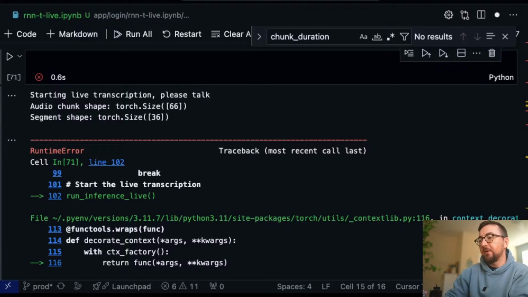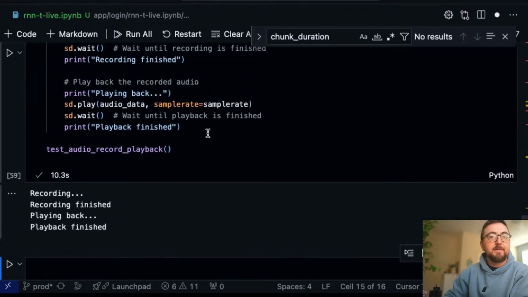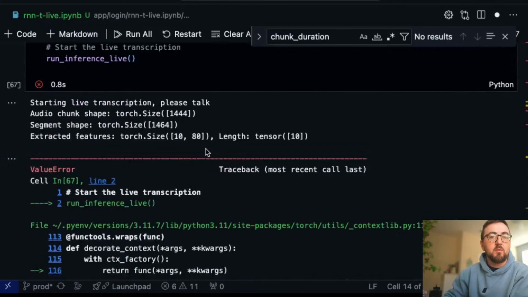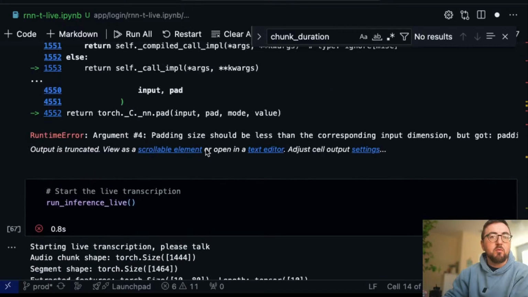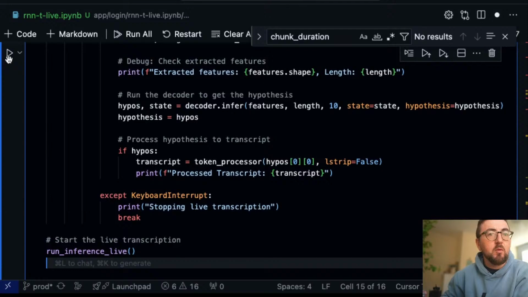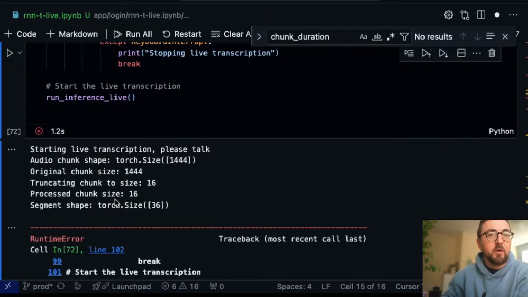Will we try and run this model? All right, let's try and run the